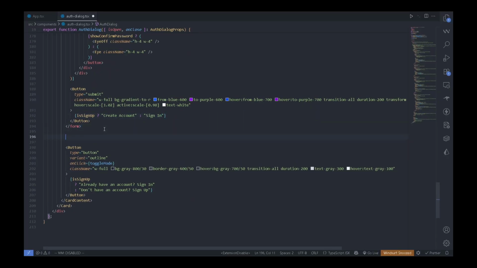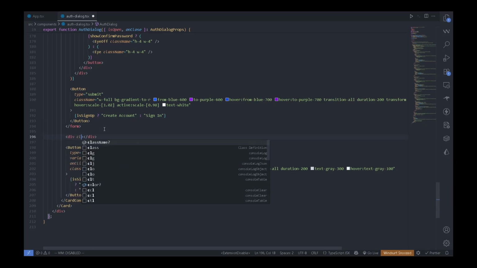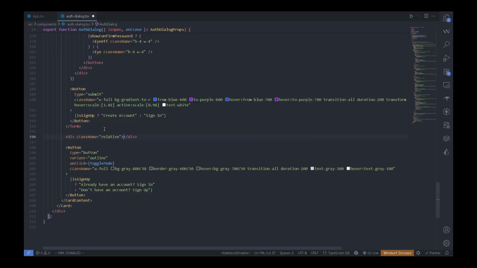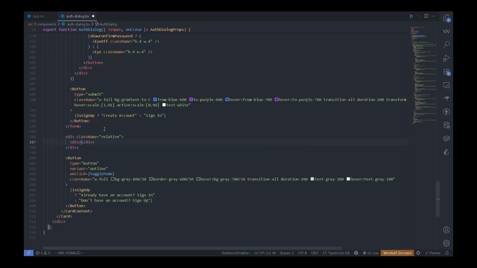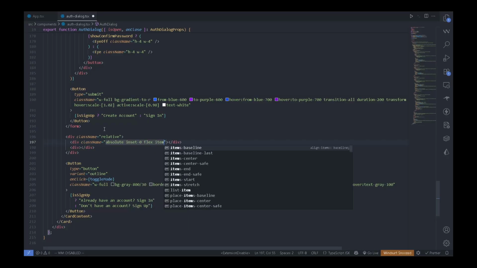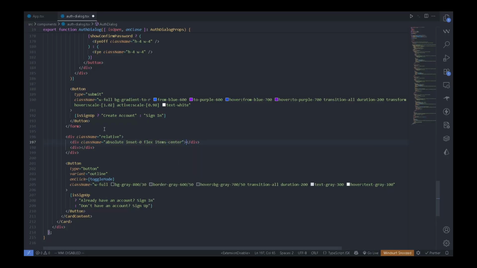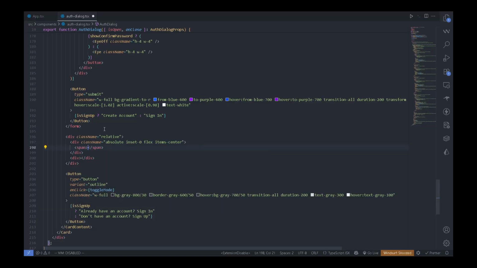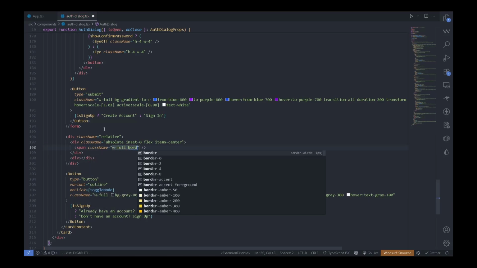Also below the form we'll have another div with the class name of relative. Inside the div we have two divs. The first div will have a class name of absolute inset-0 flex items-center. Inside that div will be a span. It will be a self-closing span with a class name of w-full, border